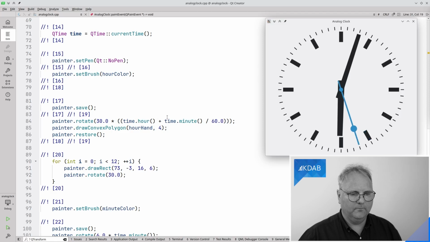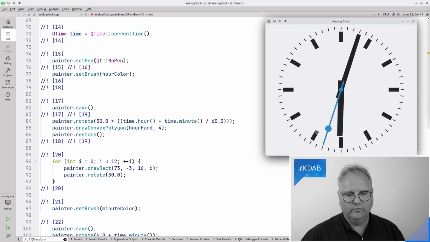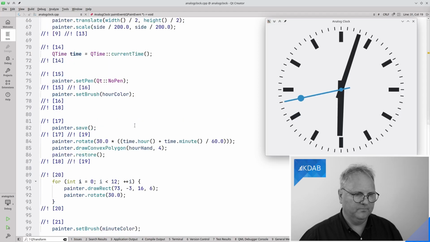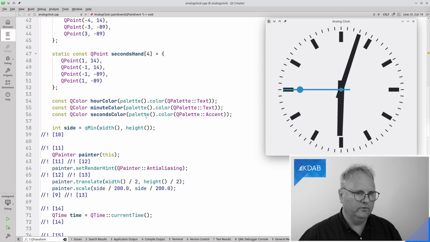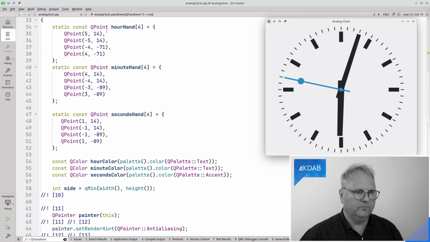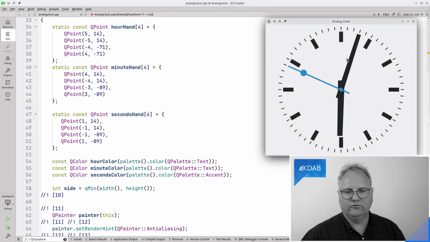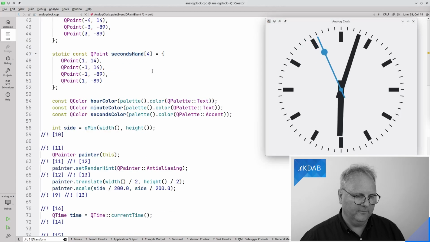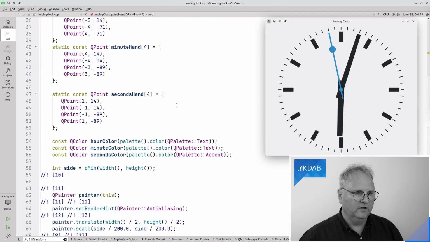I take the hour plus a 60th of a minute, so that the hour hand actually moves around throughout the hour, and I draw my convex polygon for the hour hand, which is the one we have up here. It is drawn as if it was at 3 o'clock, and due to the rotation, it works out again. And the comma 4 that we saw down there is because of this API.